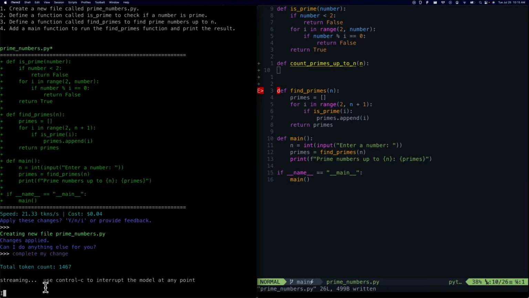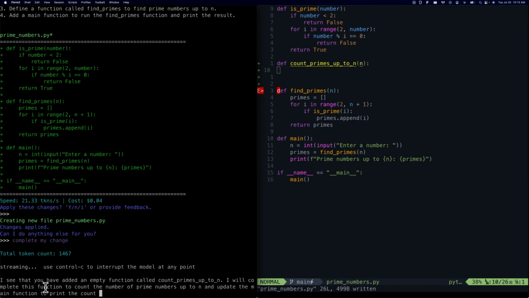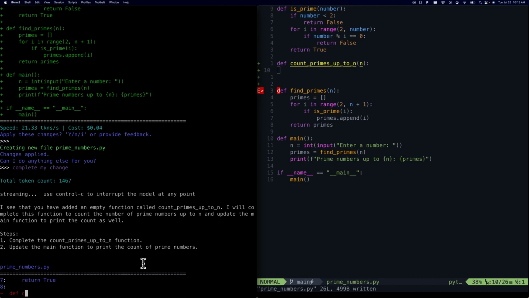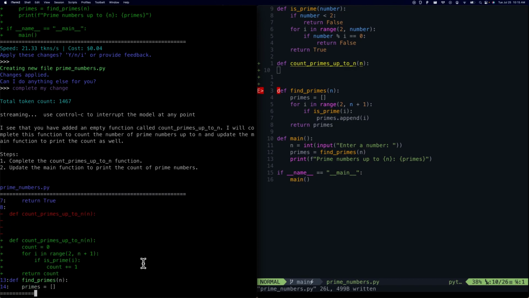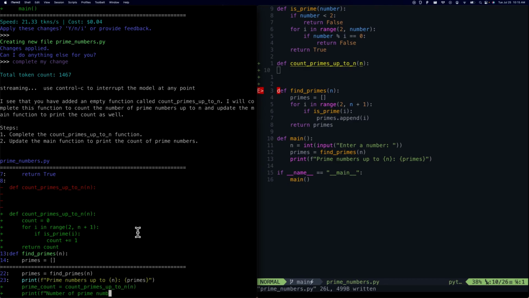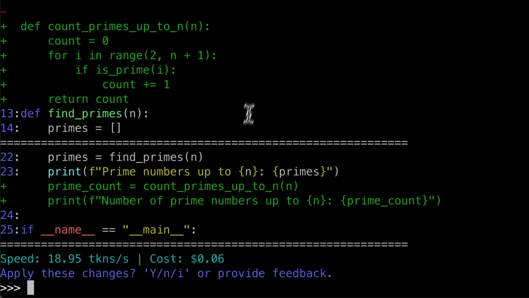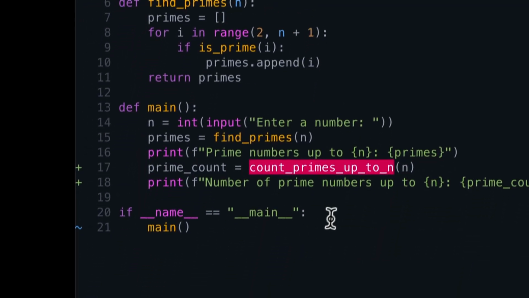And it will see the work you already did. It says, I see you added an empty function called count primes up to n. And so now it's going to complete that for you. And there it goes. Made a change. Oh, and it even went and added it to the main function. Pretty nice. So we will accept those changes and jump over, and you can see the changes are in the